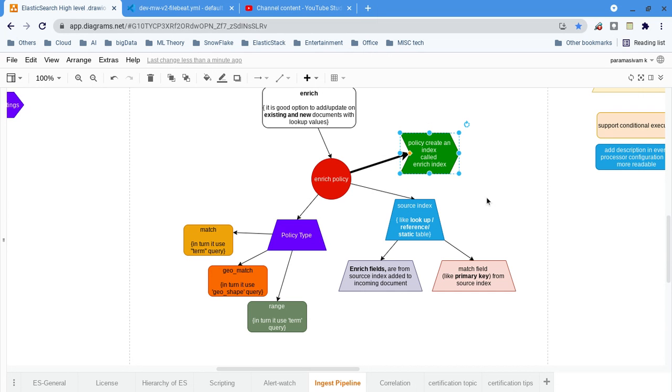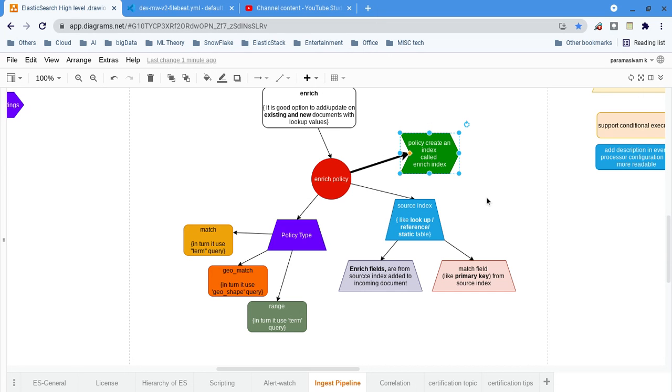So from the reference or static index, data is copied for fast accessing or fast processing into the system index. That index name usually starts with dot enrich.